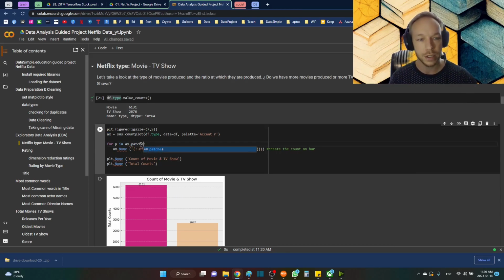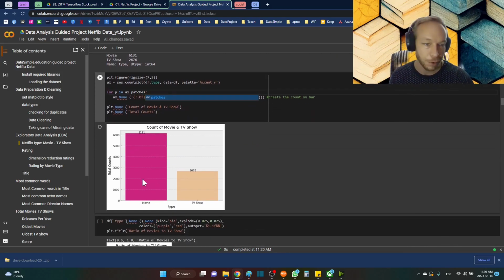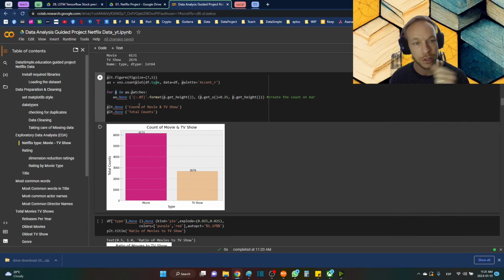And what this does is it creates a list essentially of all of the objects in your plot. Here we have just 2 bars, so we're going to iterate through both of those bars. Okay, so first bar is going to be patch, and then the second bar. Okay, so patches will take out all of the things, the lines, the bars,